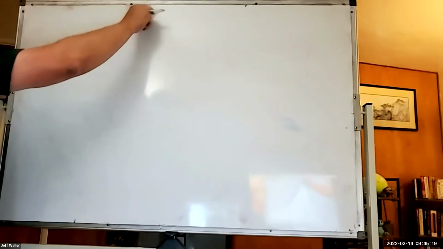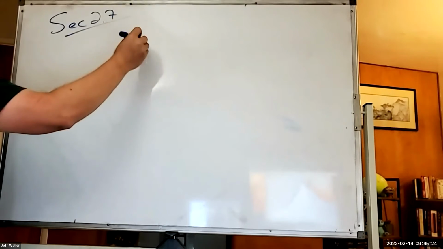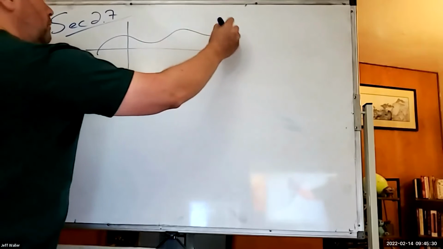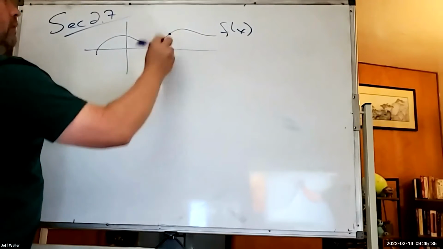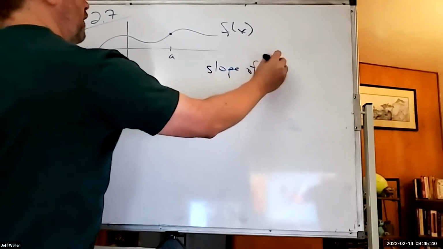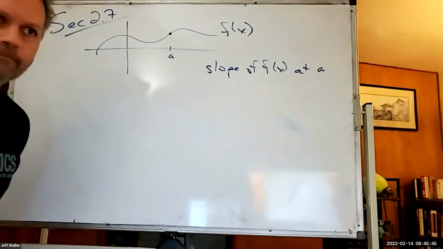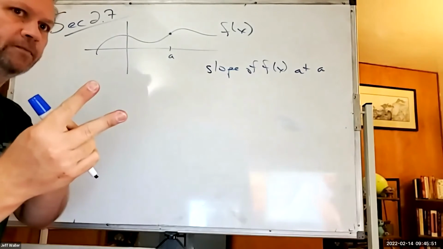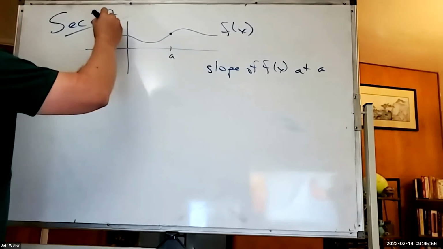So here's the thing. Section 2.7, what it tries to do is if I have a function and I want to know the slope at a point. So I want to know the slope of f of x at a. There are two ways to do it. So the first way, one way to do this,